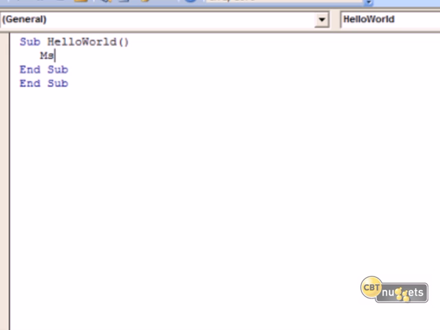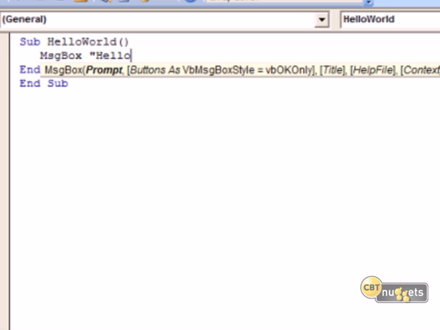I'm going to pop up a message box that says, hello world. Now I'm going to stop right here. You'll notice that the autocomplete, or IntelliSense as it's called, will start to show up here and give you syntax help as soon as the VBA editor sees what you're trying to do. Now MessageBox actually has a couple ways you can do it. You can use parentheses or not. In this simple example, I'm not going to use parentheses, but note it says message box and then the prompt, which is what I'm adding right now in quotes. A string is an alphanumeric, well, string, and we denote strings using double quotes in VBA.